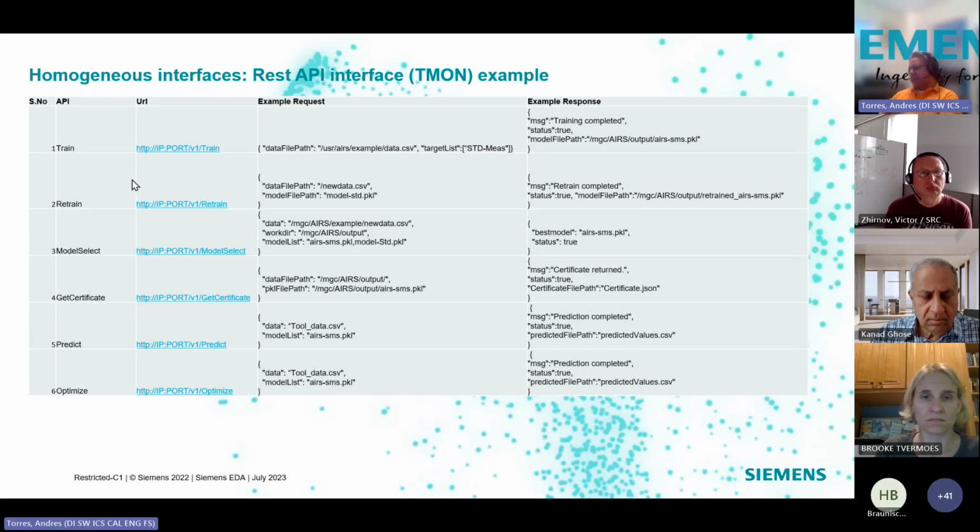So this is an example of a proposed interface of what we currently have that basically says, well, you need to train a model, retrain a model, select a model, get a certificate for that model, make a prediction, and optimize. That's all that you need. All of the machinery behind the scenes needs to be robust, needs to understand the data. It doesn't really need to say anything else, but it needs to be basically this light,